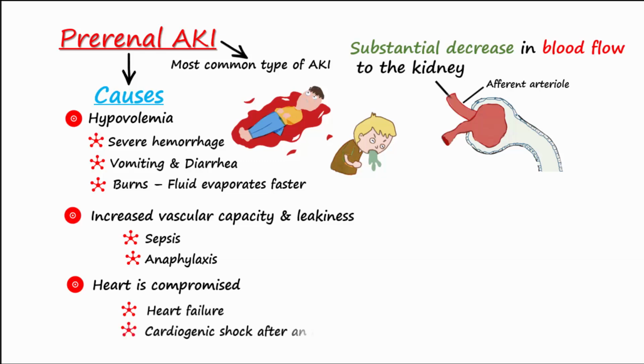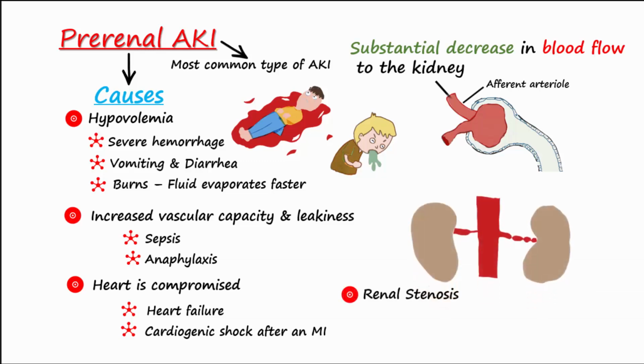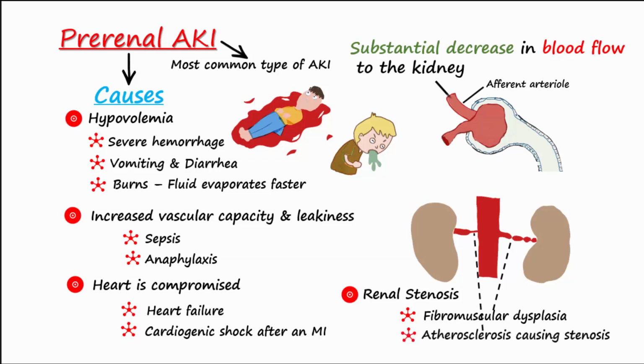Also, if the vessels feeding the kidney are narrowed, as in renal artery stenosis, then less blood also reaches the kidney. Two main forms of renal stenosis include fibromuscular dysplasia, which is abnormal growth within the walls of the arteries that cause occlusion of the lumen, and stenosis caused by plaque buildup, known as atherosclerosis. An embolus in the renal vasculature could also block blood flow to the kidney.